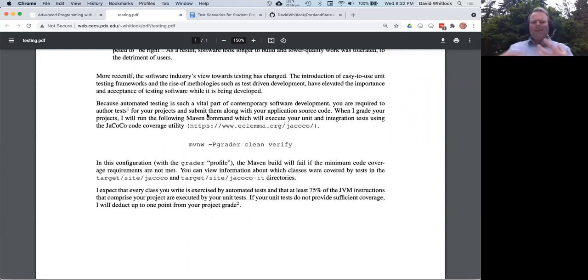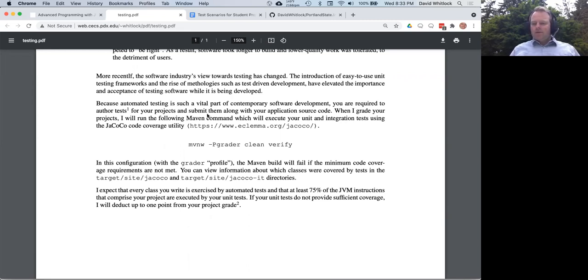And we've seen the benefits of test-driven development in these unit testing frameworks. And as a result, people doing tests could express their tests in code, and we all have a common language. So the bottom line is that testing and automated testing is just part of what we do as software engineers, and so I want you to experience that. And I'm going to assess your experience with that by having your automated tests be